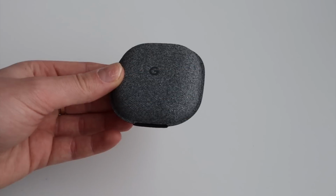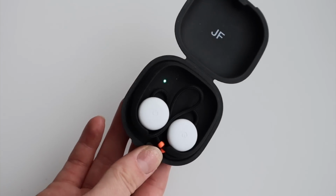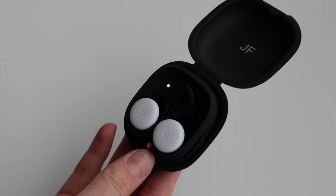Okay, the next gift that I have here is a little tech favorite. Now this one here is actually my personal one. This isn't brand new in packaging or anything like that. And this is the Google Pixel Buds. Now I've been using these for maybe the past 6 months to a year. And I did not realize the difference that wireless headphones make in my life. It's just one of those things that